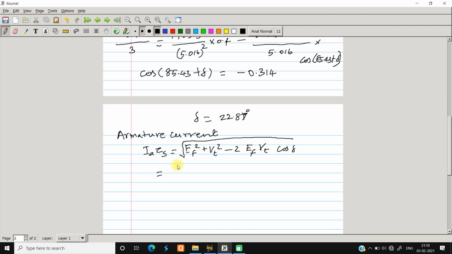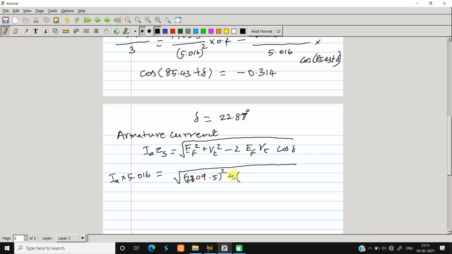So since we need to find out this IA, we will be taking the root of this particular term. So at first, IA into 5.016 is equal to root of EF, which will be 2309.5 the whole square